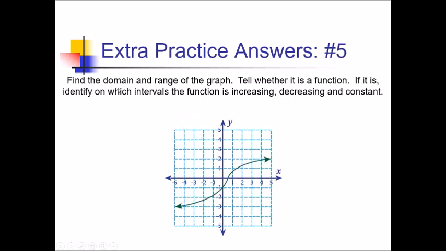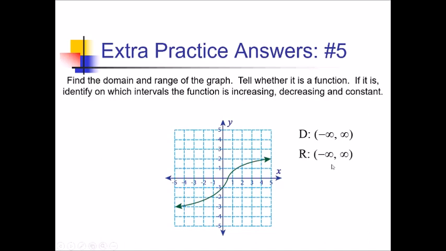For this one, to find the domain, we're talking x values from left to right. So I'm going left forever and right forever with no breaks in between. So therefore, we're going to use -infinity comma infinity for domain, and we're going to have to use parentheses because we're talking about infinities. Now for the range, it looks like it's a very less steep slant going this way and also to the right, but we are going down forever and up forever. There's not actually any asymptotes going on here. So since we're going down forever, we have -infinity, comma up forever means positive infinity, again with parentheses for the